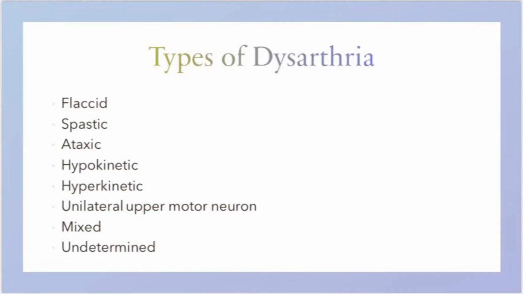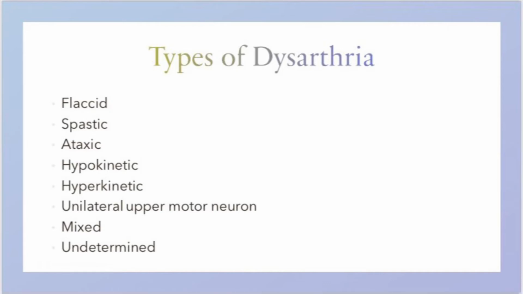There are 8 different types of dysarthria, including flaccid, which is associated with disorders of the lower motor neuron system and/or muscle, spastic, which is associated with the bilateral disorders of the upper motor neuron system, ataxic, which is associated with disorders of the cerebellar control circuit, hyperkinetic and hypokinetic, which are both associated with disorders of the basal ganglia